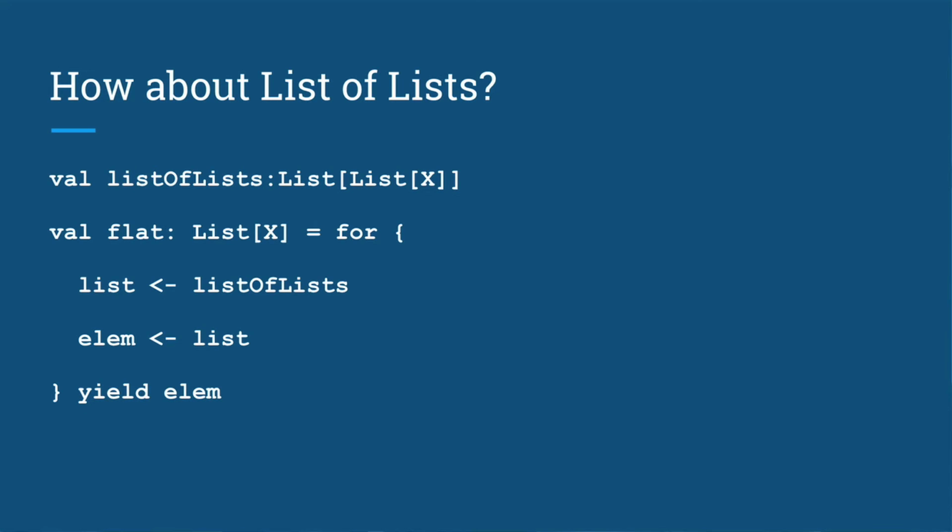So if you have a list of lists, it's a typical thing that you want to flatten a list of lists. In many cases, you have code that produces option of options of options, or list of lists of lists, and in trickier cases, option of list or set of lists or list of sets, list of options. And you have to somehow simplify that code. The simplest solution: you have a list of lists, right? And magically you produce just a list of its elements. It's flattening of a list.